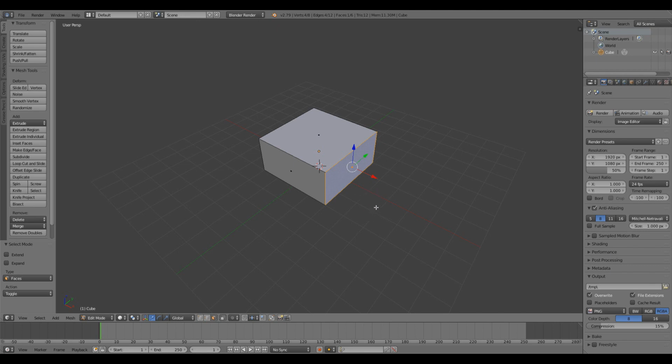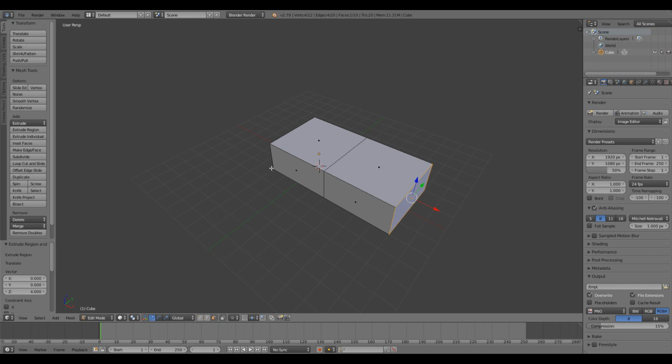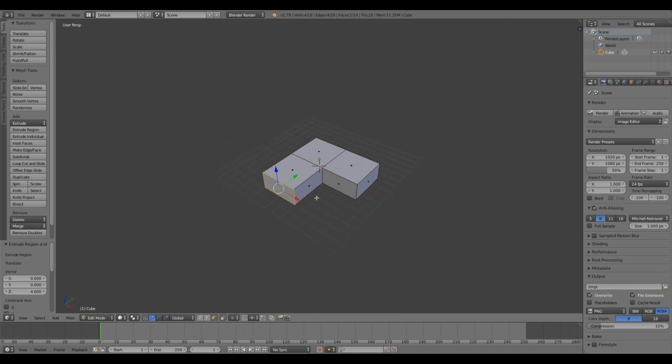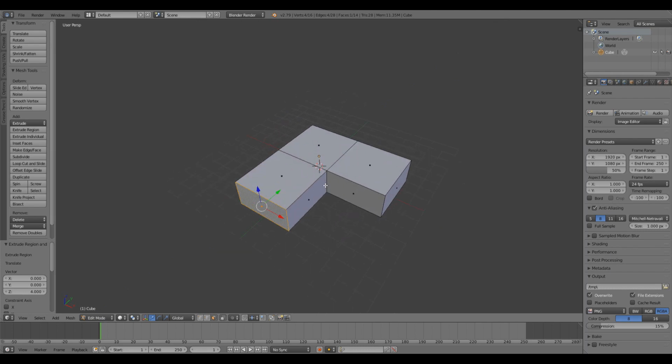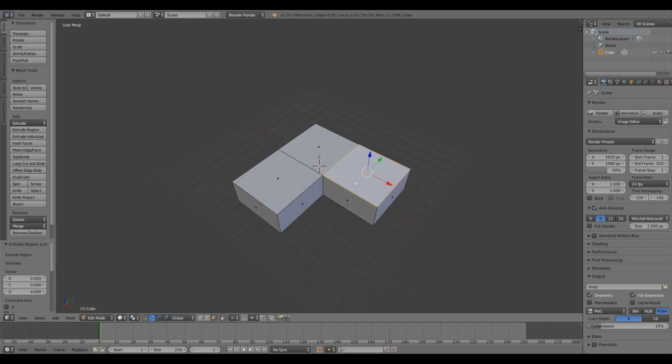And I want to extrude this, to make it longer, so I hit E on the keyboard and type in maybe 4, yes, and hit enter. I do this with this face also. I right click on this face and hit E and type in 4 and hit enter. So now we have our little L-shaped building maybe almost ready, but now I think these are 3 polygons or